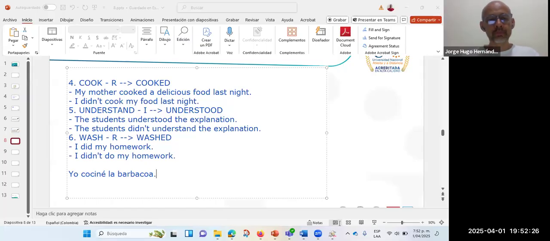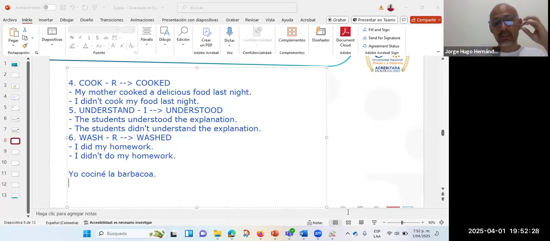Okay. I'm going to explain the process. Yo les voy a explicar el proceso como nosotros lo hacemos. Nosotros decimos, yo cociné la barbacoa. Entonces, okay, here is vocabulary, ¿no? This is one thing, vocabulary. The barbecue, okay? The barbecue. We can say barbacoa like barbecue. Here, nosotros conocemos cómo se dice yo y sabemos cómo se dice la barbacoa, barbecue.